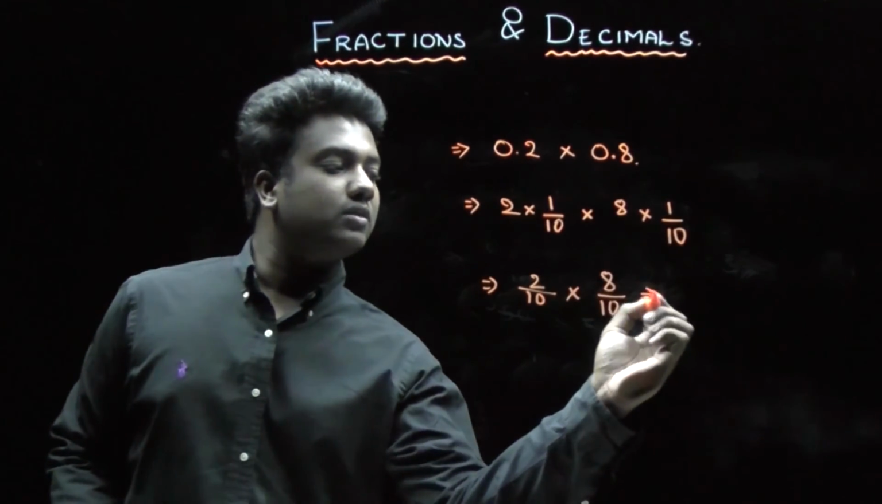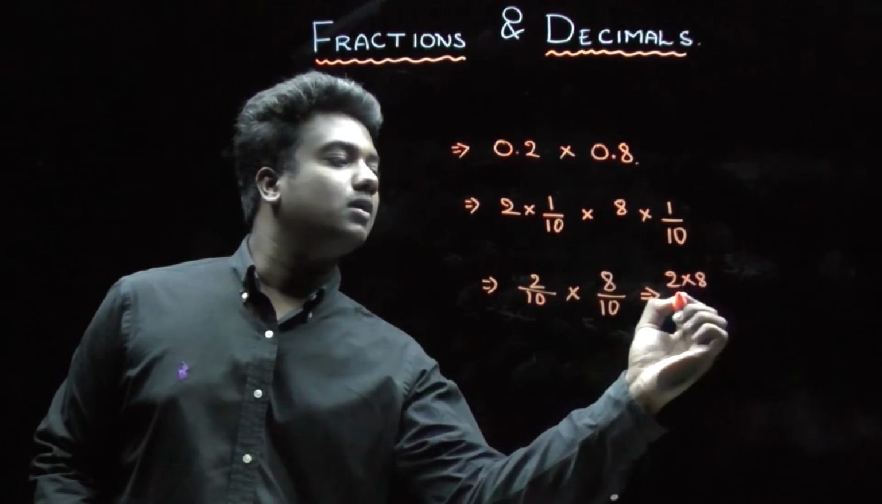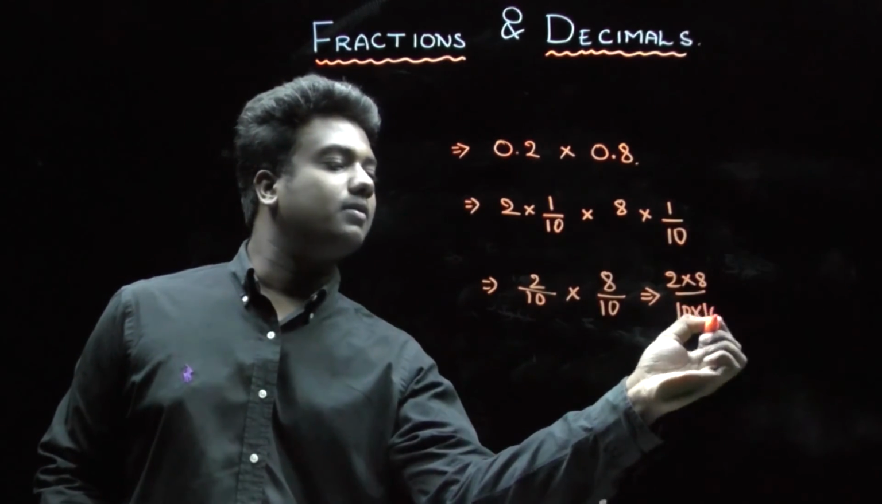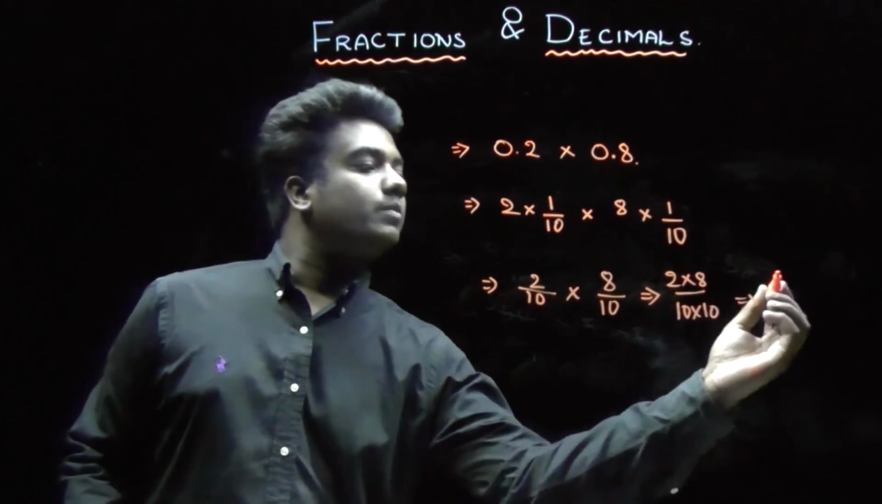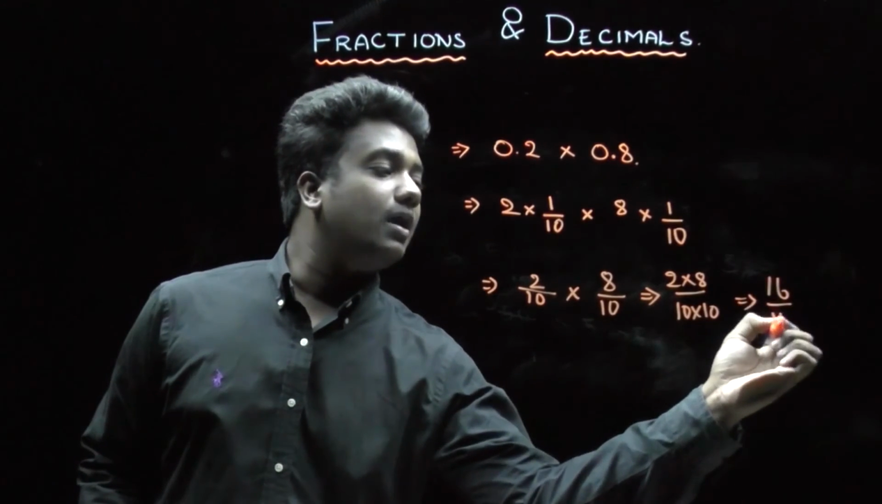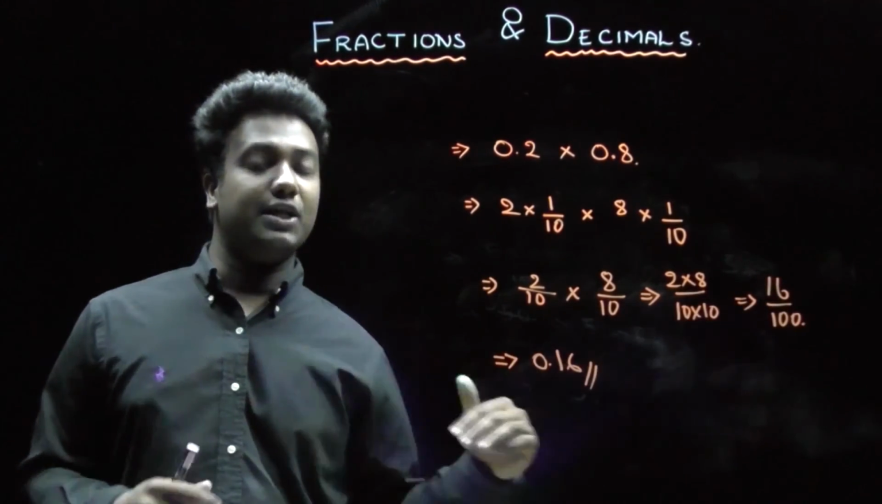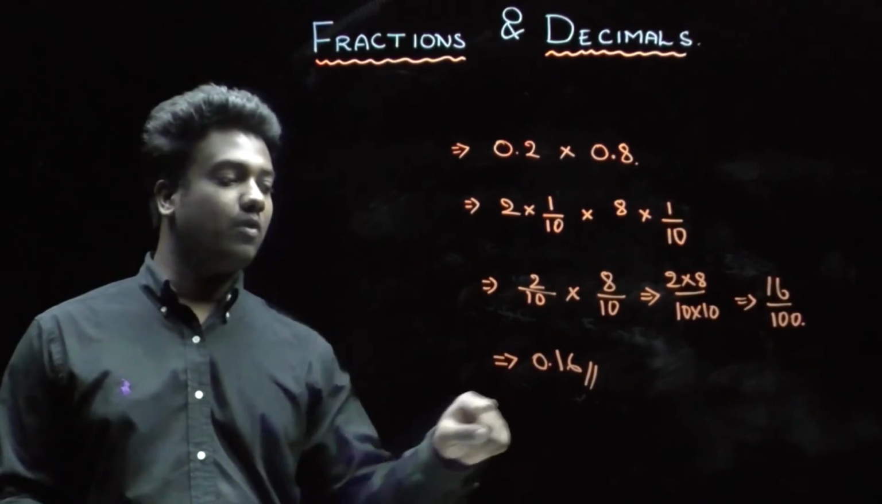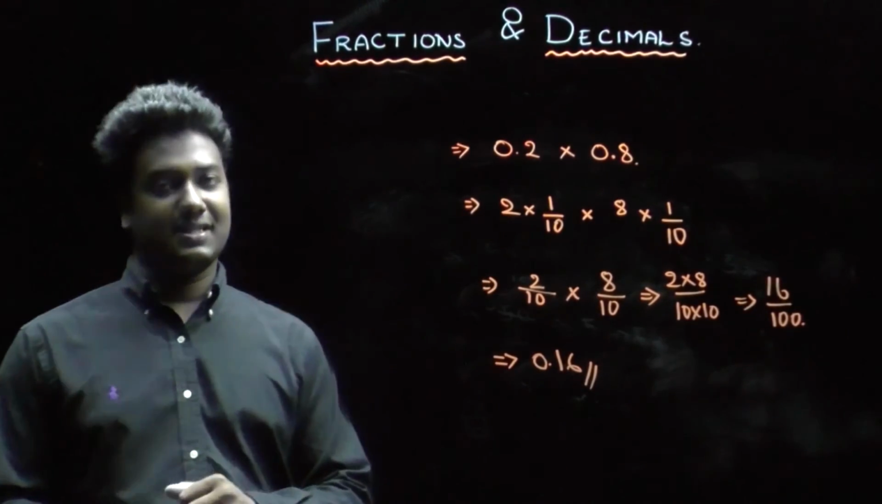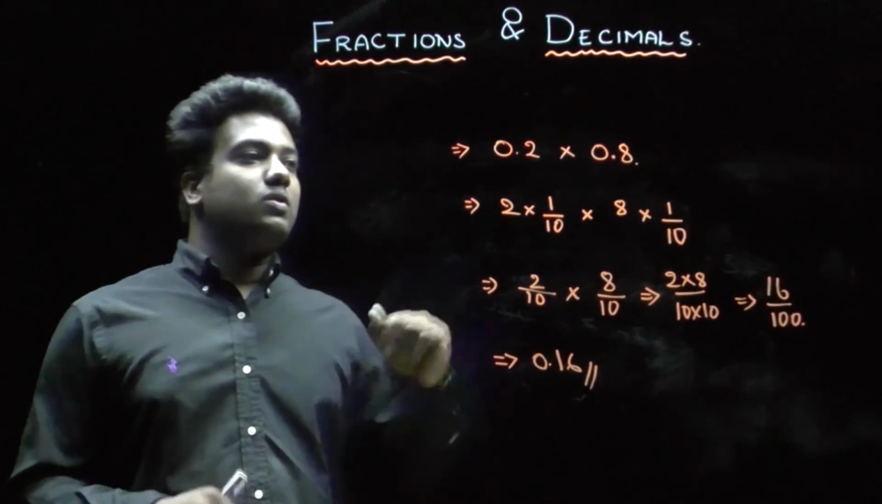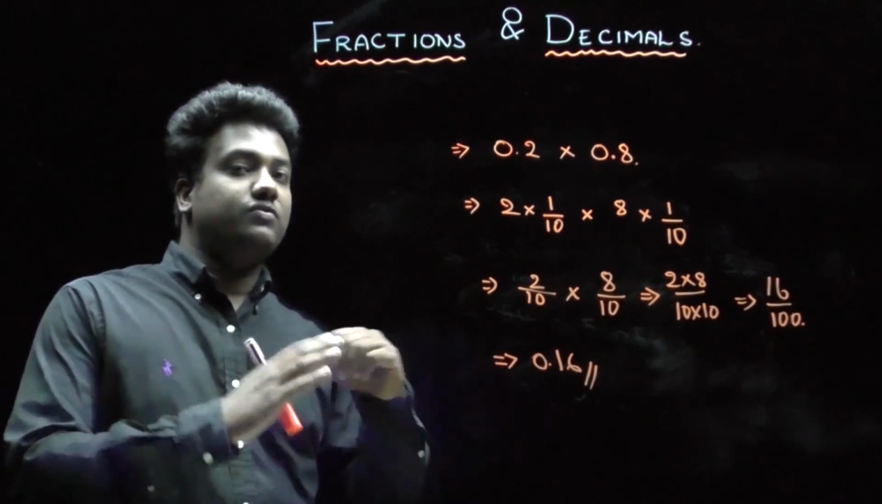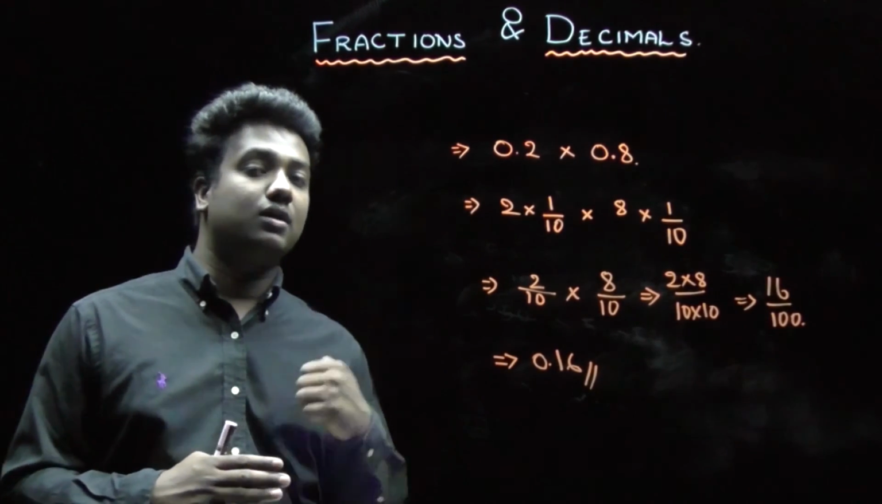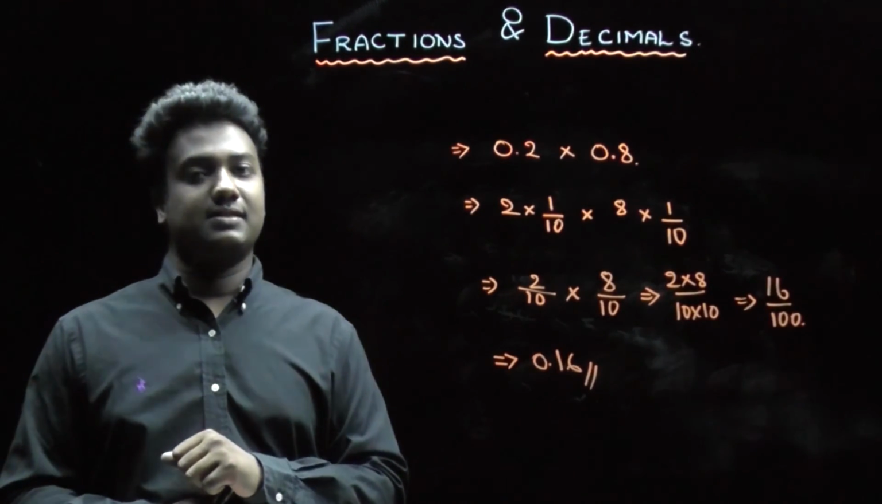So what is the rule? The numerators need to be multiplied first and the denominators need to be multiplied. Okay, so it will be 16 divided by 100. Okay, so this 16 by 100, in order to represent it in a decimal form, it will be 0.16. Okay, so this is all about multiplication of decimals. Now let us discuss about the division of decimals. Okay,